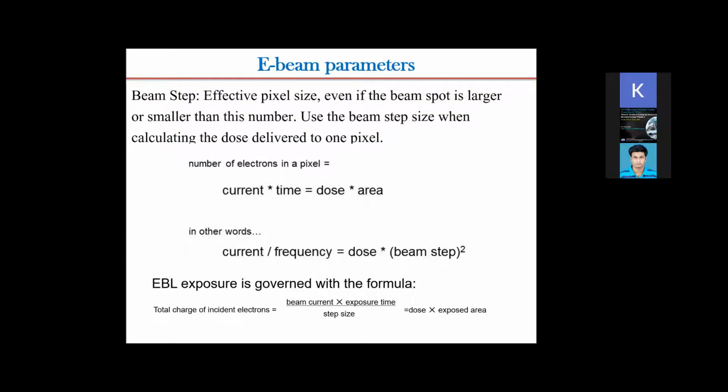Obviously, the larger the pattern size, the more the time will be. So it is always better, if your size is large, to use area dose with a higher dose value, and also choose a larger spot size. Now obviously if you want to make maybe sub 50 nanometer features, then you cannot go for an area dose. It's better to go for a line dose and choose the lowest spot size. All these things you have to keep in mind whenever you are making the program.